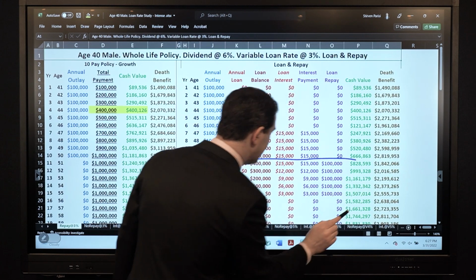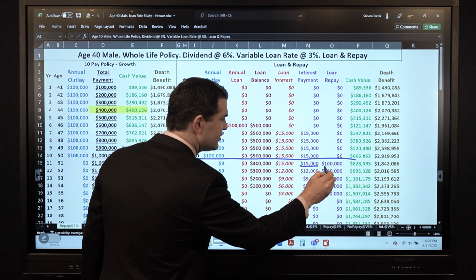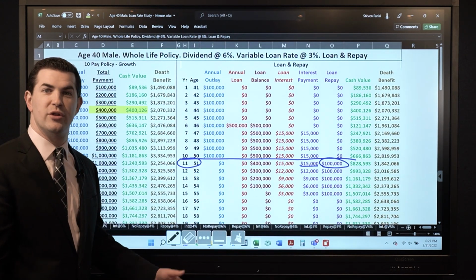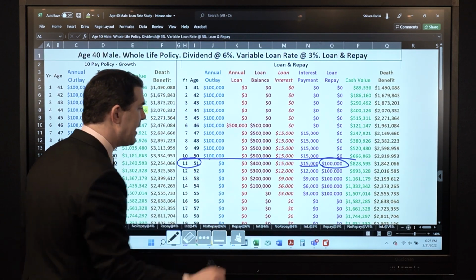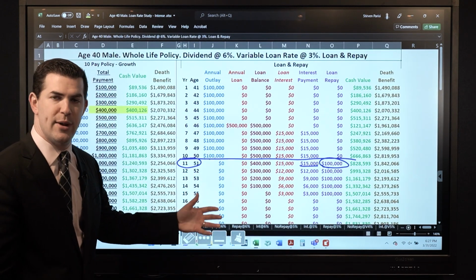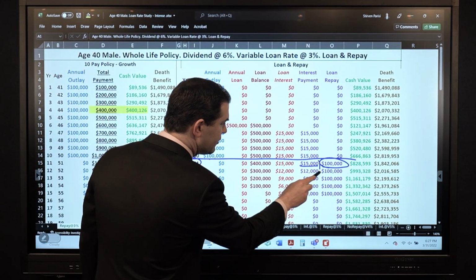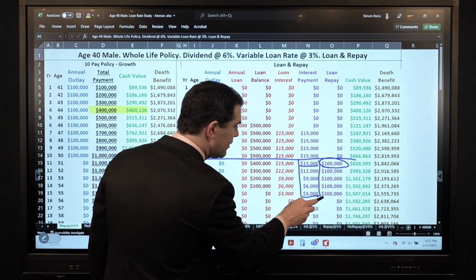And at this point in time, beginning year 11, you pay the interest, plus you apply $100,000 toward the loan balance. So what we did was just redirect the money we were paying toward premium and PUAs, and redirect it toward loan repayments. We do that each year, and we pay the loan interest out of pocket each year as well